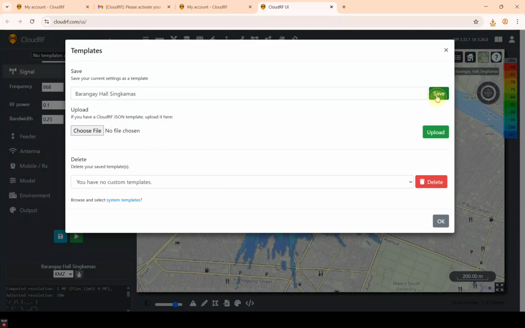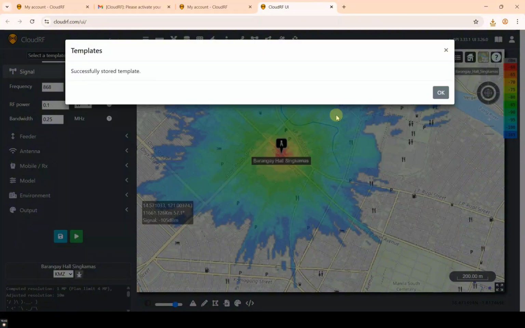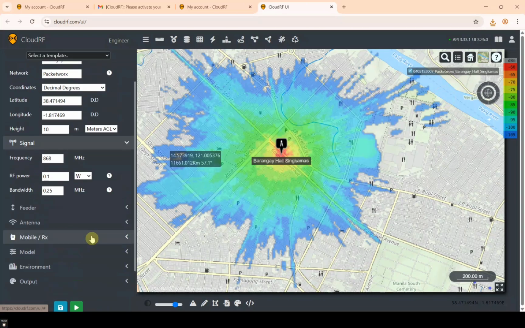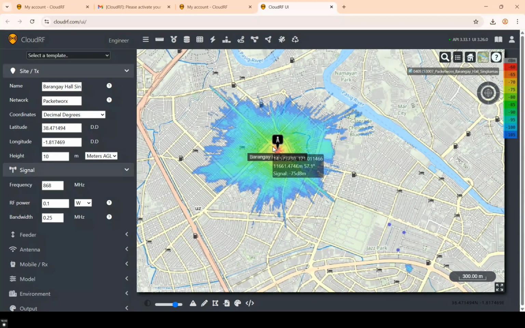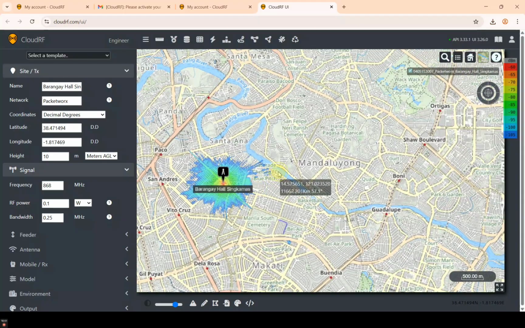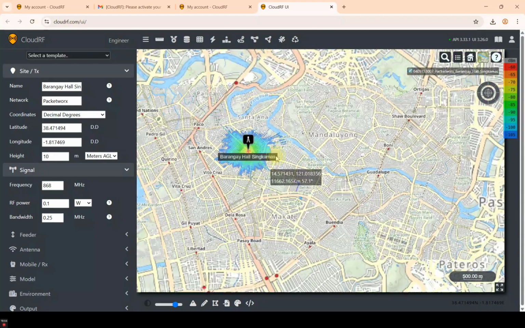Now let's just save it, and you can see that it is already stored successfully. So we can just repeat it on the other gateways, and we would be able to see the different location as well as its